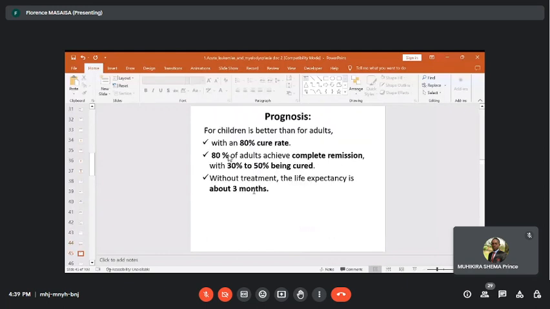Next, prognosis in children, especially, is better than in adults. The cure rate is usually 80%, with 30 to 50% being cured after achieving remission. But when the disease is late, without treatment the life expectancy is around 3 months. So meaning that if you take longer to consult,